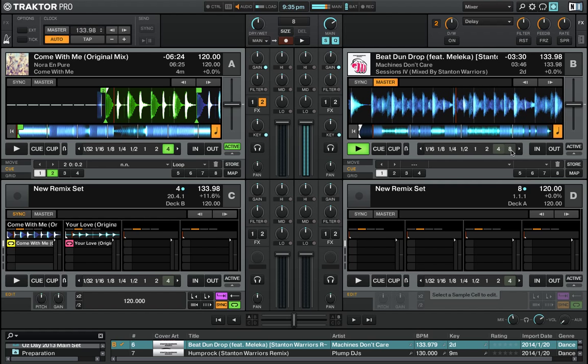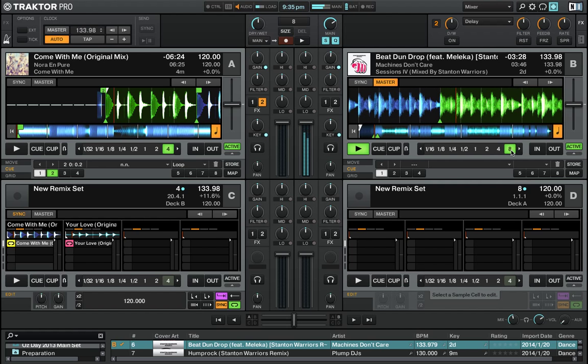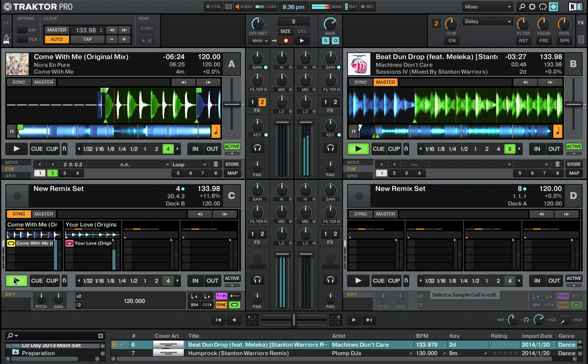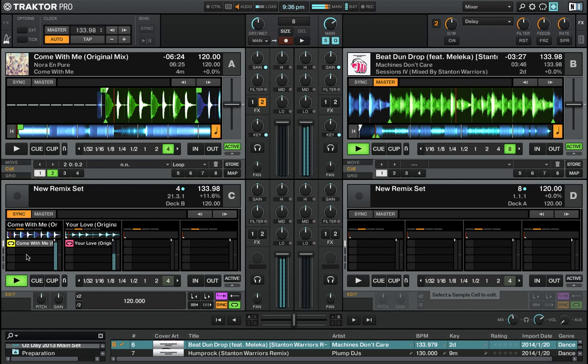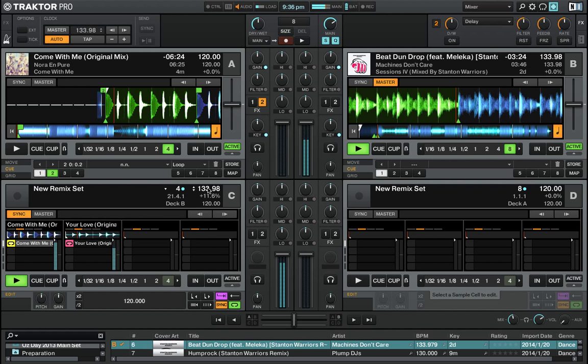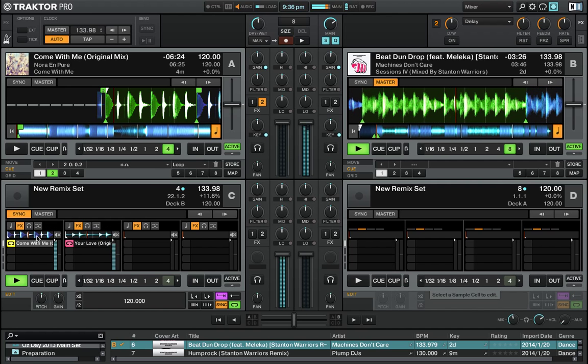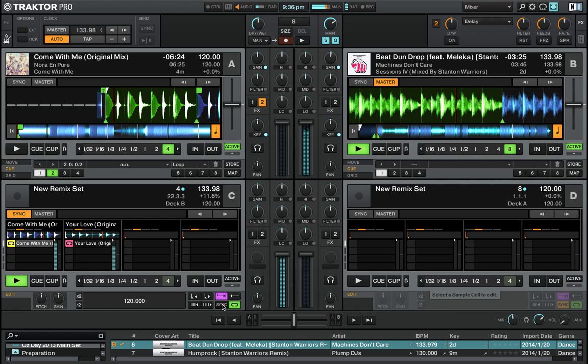I'm going to have to activate a loop here just to make it easier to work with. So they are actually all nicely in time. Everything has been brought up to 138 beats per minute. But if I go and disable sync on any of these individual slots,